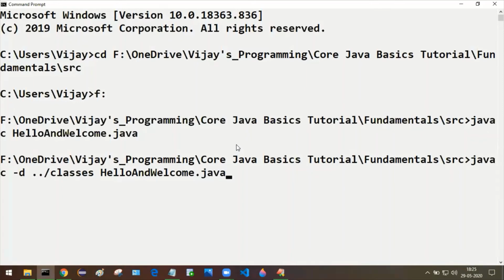You should not miss this .java extension. While we are compiling, which file we are compiling, that file along with the .java extension. So you need to give this complete name along with the extension while you are compiling this Java program or Java file.